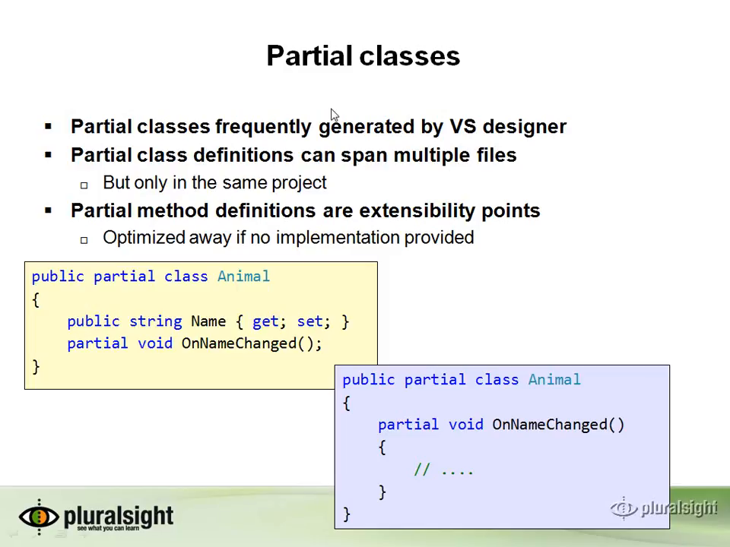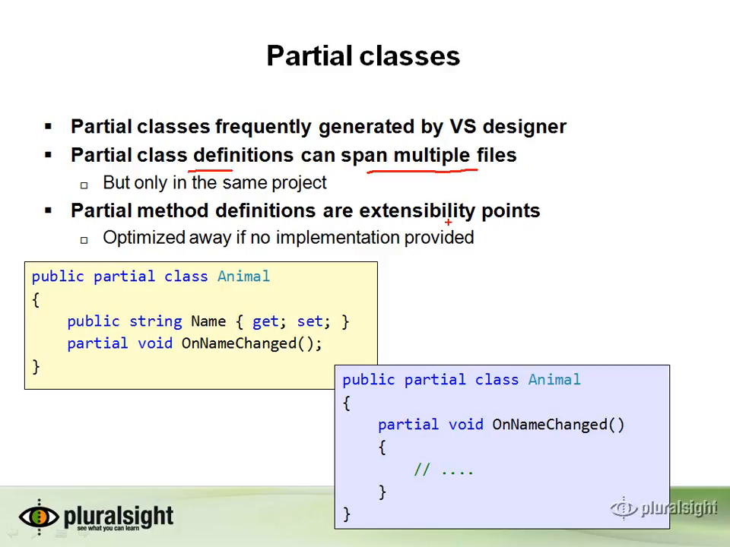And finally, I did want to tell you a little bit about partial classes, because you will see the partial keyword quite frequently. That's usually when there is a designer involved, like the designer that we're using in our WPF application. The key to understanding a partial class is that it's simply a way that you can split a class definition across multiple files. So in one .cs file, I can declare a class animal and define a few methods